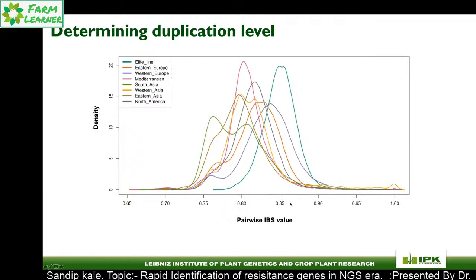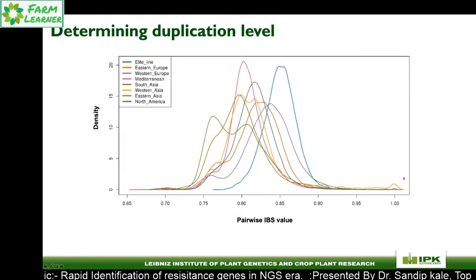So if you say this is 0.85, it means 85% of the genome of these two samples is similar, while 1 means these two samples are highly similar or identical. And then, based on this plot, you can identify such duplicate samples, and then you can decide what to do. You can either remove them from the downstream analysis, or